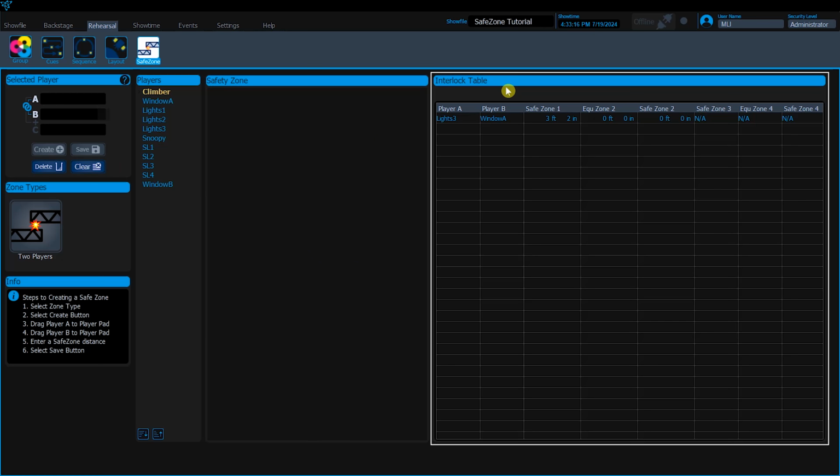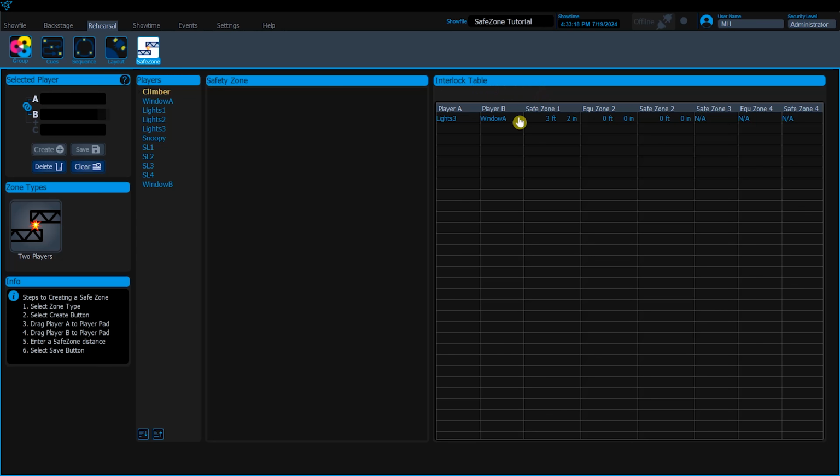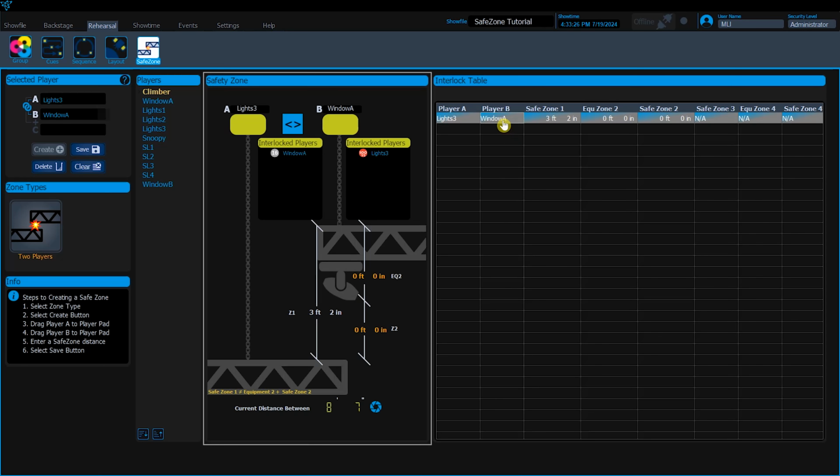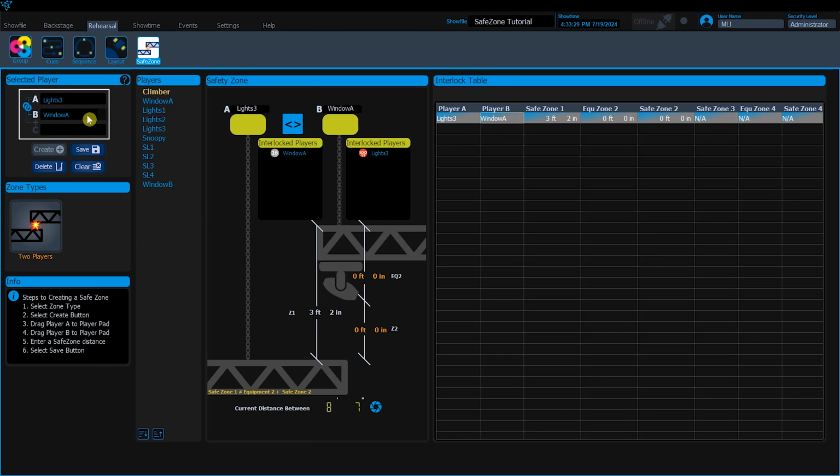The interlock table displays all the players that are interlocked in the current show file. You can see we already have a safe zone set up. Let me click on it. The Safe Zone configuration screen is displayed, indicating one set of interlocked players with the safe zone set at 3